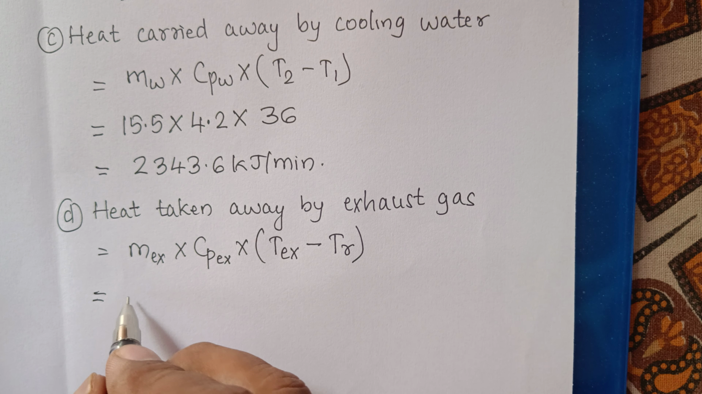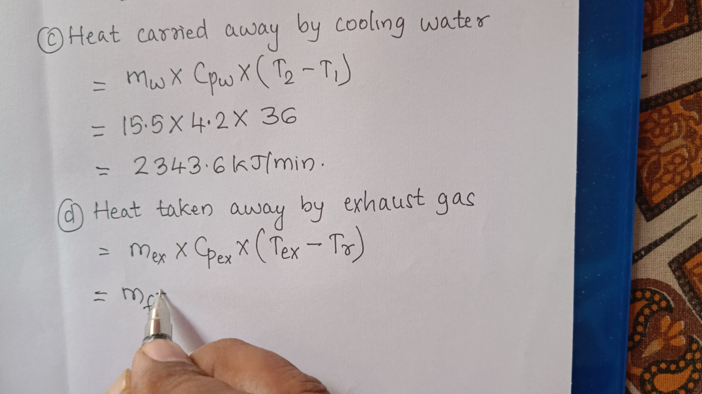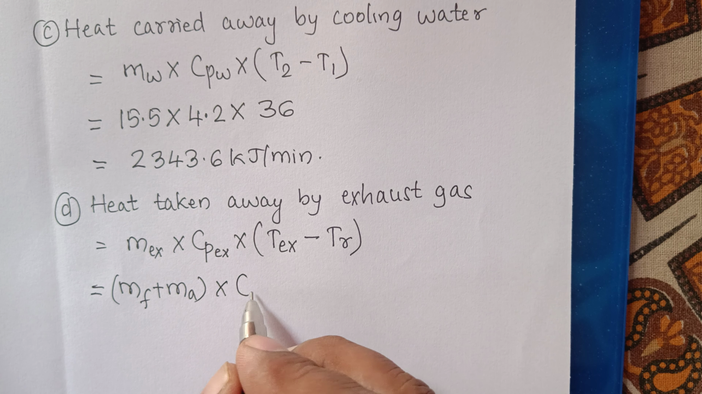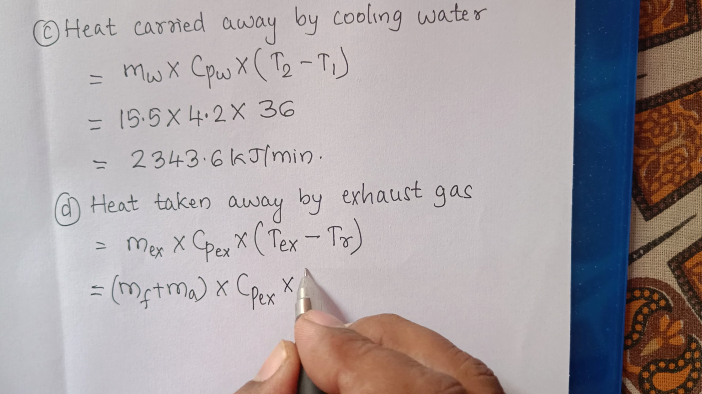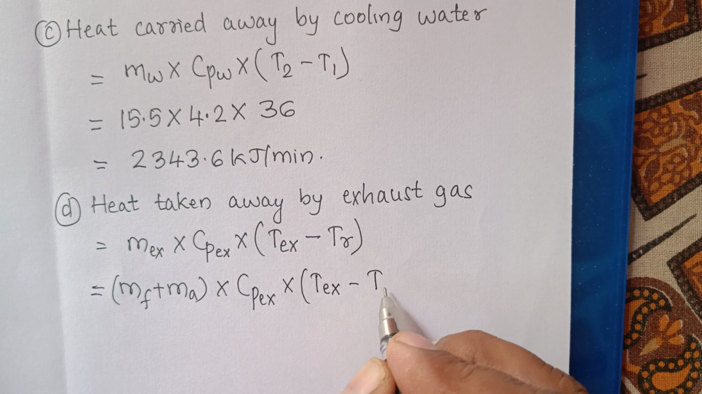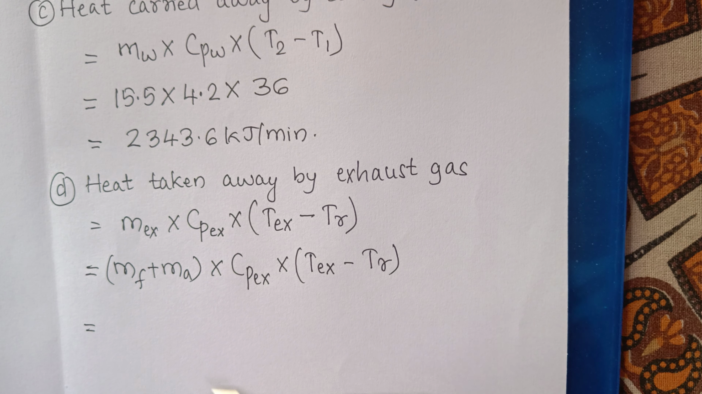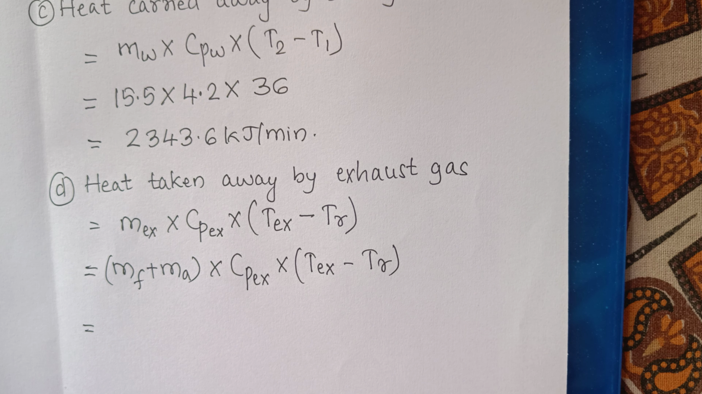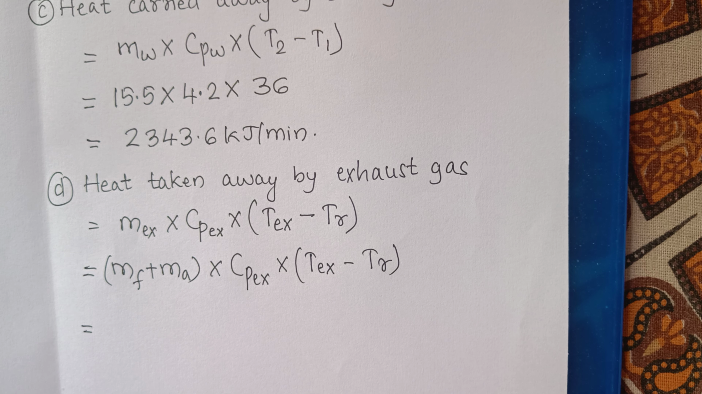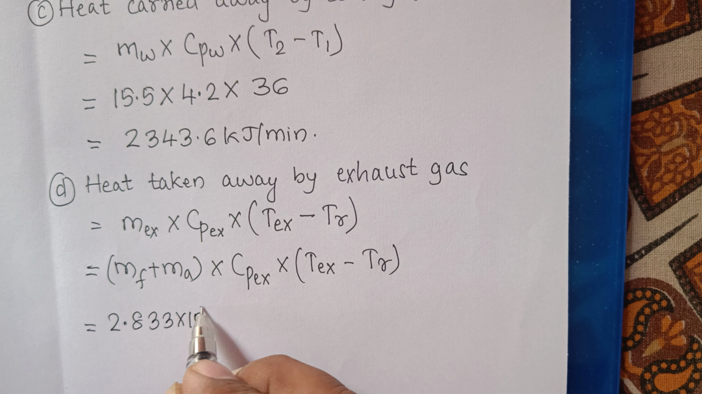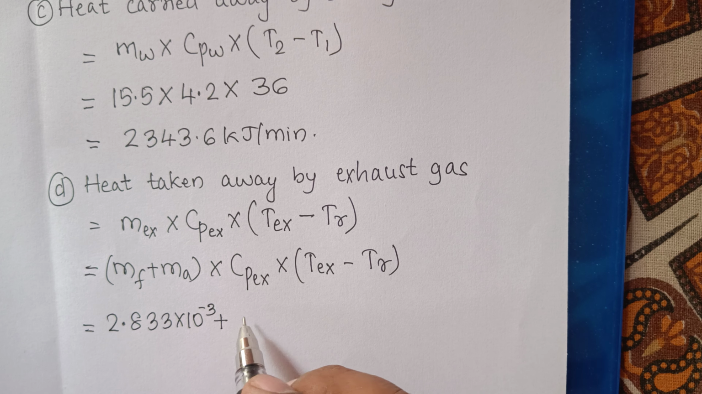If you want to find out the mass of exhaust gas, first you have to find out the mass of air. Mass of fuel plus mass of air is nothing but mass of exhaust gas. That is, the mass of fuel and air which is burnt inside the engine gives me the combustion products, or exhaust gas. So the mass of exhaust gas will be mass of fuel plus mass of air burnt. The mass of fuel is 2.833 into 10 to the power minus 3, plus the mass of air burnt is